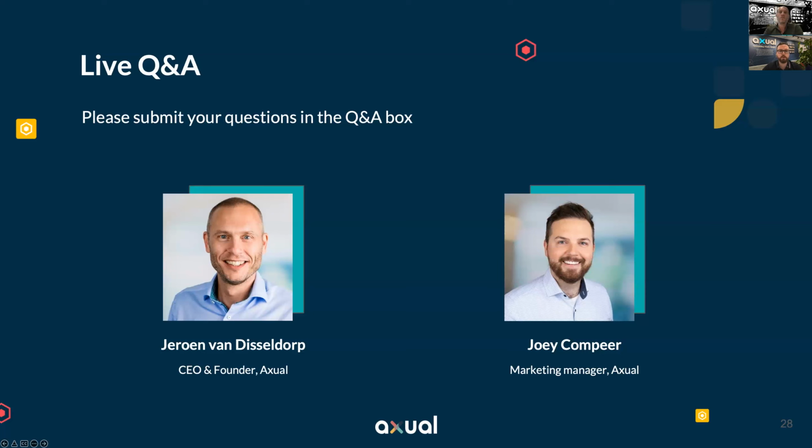Cool. I see another question coming in the QA box this time. Does Axual work with Confluent Cloud? Good question. Axual normally comes out of the box with its own Kafka, but we do provide compatibility with other Kafka platforms. So we would then just be the management layer on top of Kafka, where other providers could provide their own Kafka, or could be used to handle the Kafka part. So yes, that is possible.